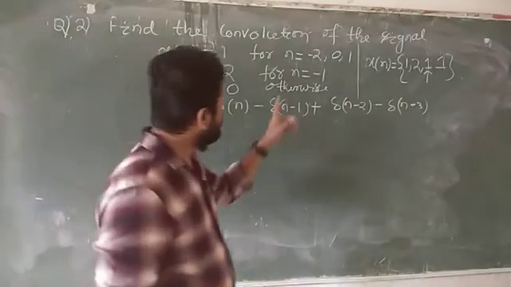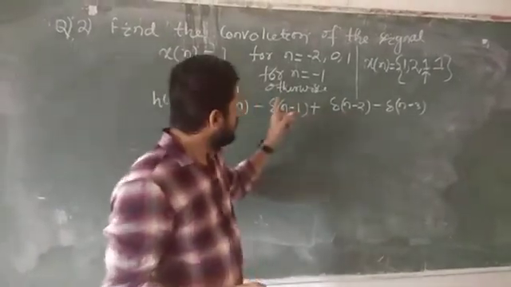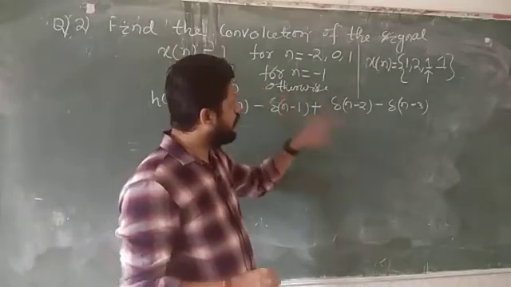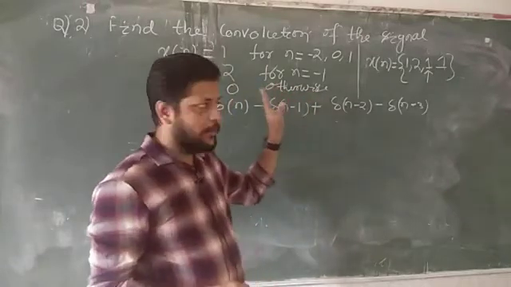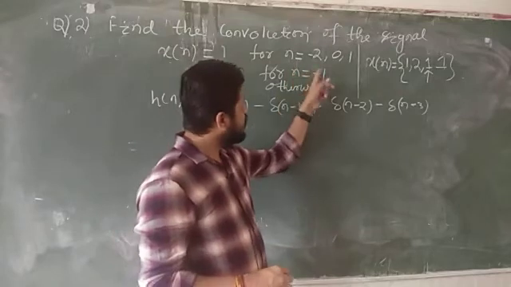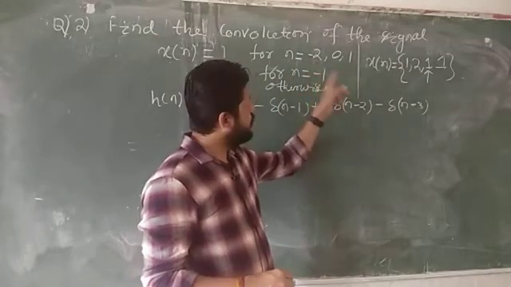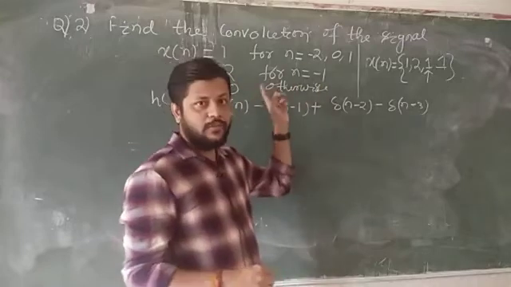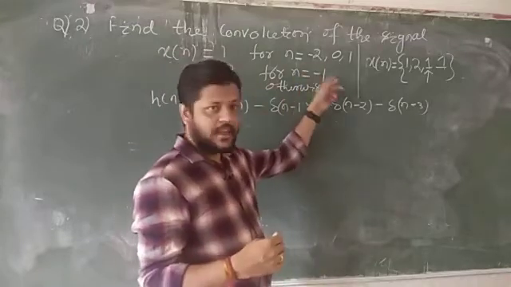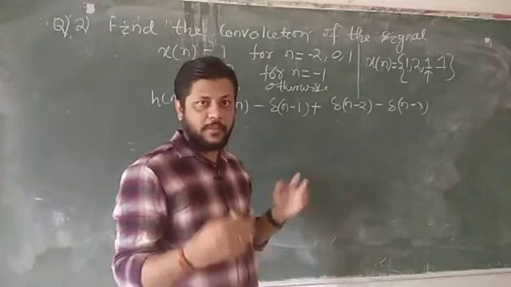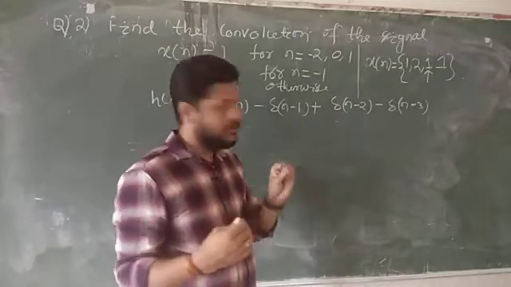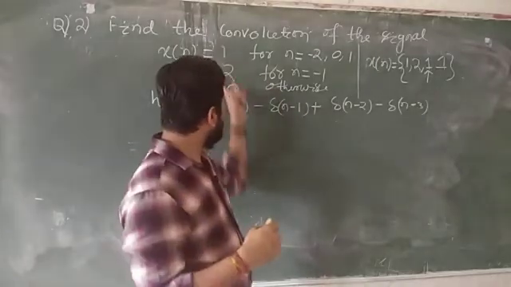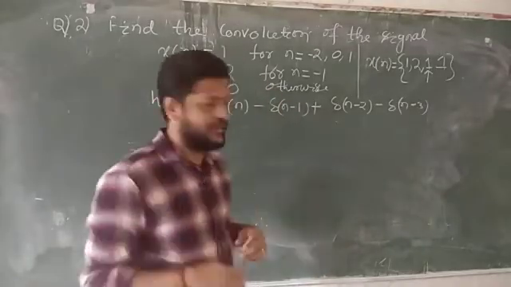You can observe here, this is very very important. They will ask you questions in this form only. So you have to derive the sequence representation from this tabular representation. The least time is minus 2. At minus 2 the value is 1, at minus 1 the value is 2. Value means amplitude. The small n represents the time axis, that is your x axis, and x[n] represents the amplitude, that is on your y axis.